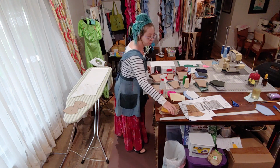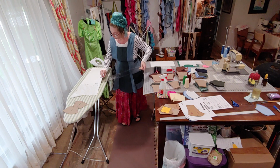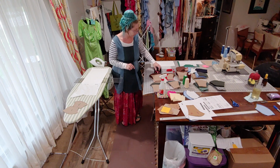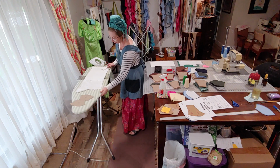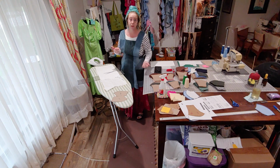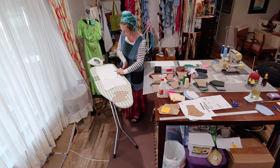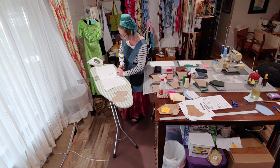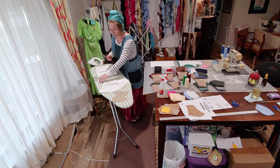Oh, here's another reason why this thing is helpful. To get all this stuff off that we're going to work with later, you can slide it underneath the fabric. And now you have a hard surface on your ironing board and you don't have to worry about your fancy scissors catching on your ironing board and accidentally clipping through it. So yeah, now I can...